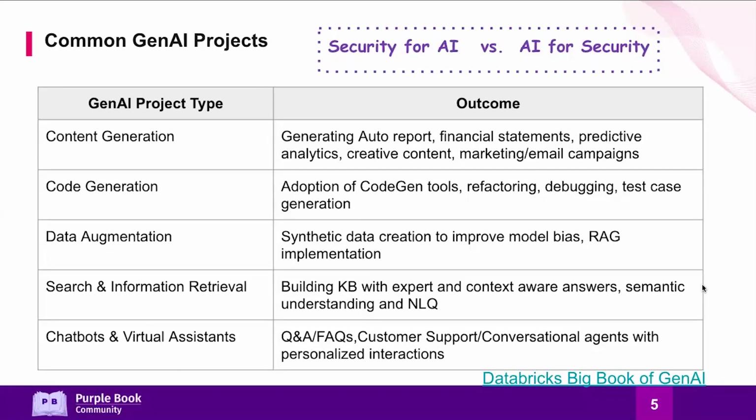So the major use case, as you may imagine, just knowing what OpenAI has been for multiple years now, is content generation. In business terms, we talk about report generation, financial statements, and predictive analytics that I can use in real time to make my decisions. We have a lot of creative content from various areas, a lot of marketing, email campaigns, and of course, social engineering attacks on us based on using AI for generation. Code generation is one topic that you asked me to talk about, so I have a whole slide on it.